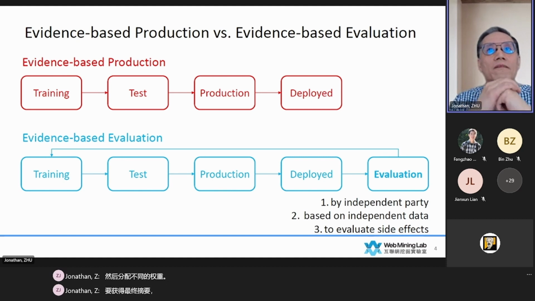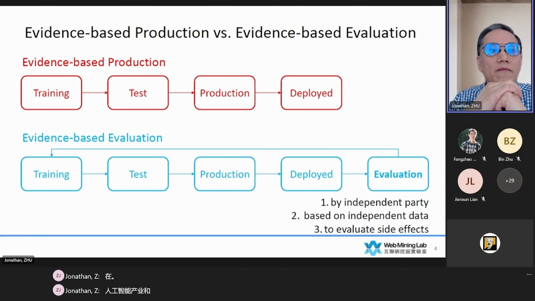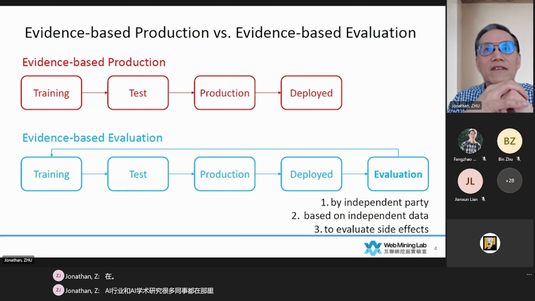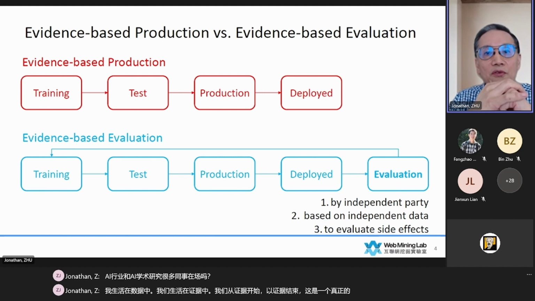Now, in the AI industry and AI academic research, a lot of colleagues will argue that we live with data, we live with evidence, we start from evidence and end with evidence. And this is truly the case, evidence-based production. But what I argue or suggest is that